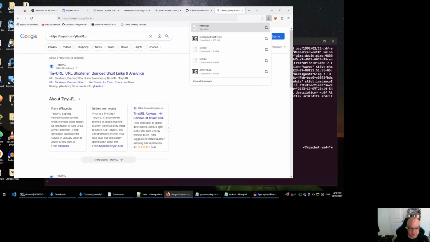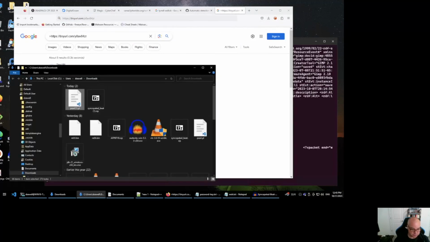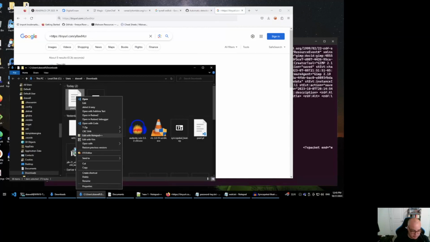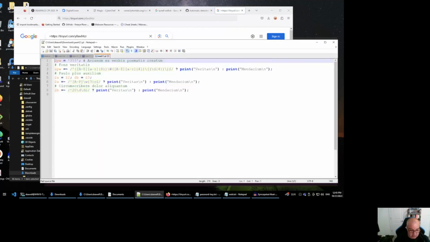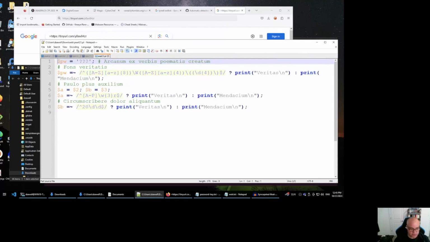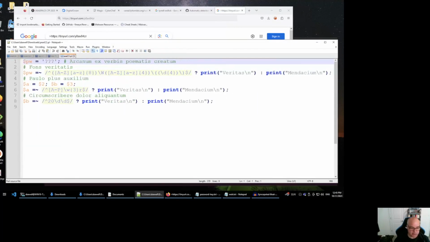When we go there, we get this Perl file. And let's open this up in Notepad++. And we get this cutesy little piece of something here. Well, it's a .pl file, and .pl kind of tells you that it's Perl. So the Pearl of Wisdom, right? And then you got some comments here. The first is PW equals question mark,